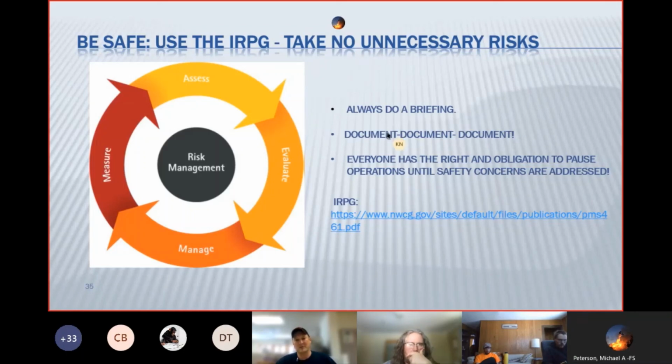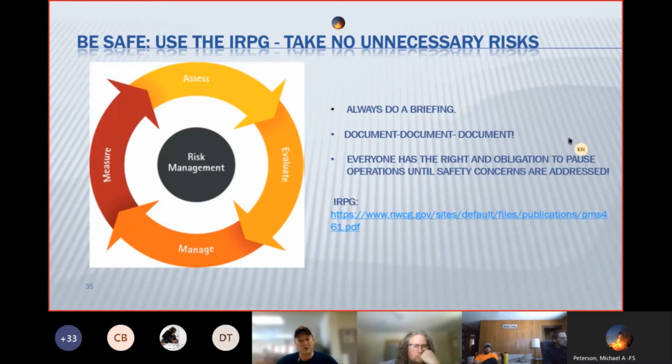You'll see the next item below, document, document, document. That's not only for incident commanders. That goes along the lines of if you see something, say something. Writing down times of certain things, taking good notes at a briefing, whether you're a brand new firefighter or you're a 20-year veteran. It's impossible to remember everything. That's why they have this risk management checklist.